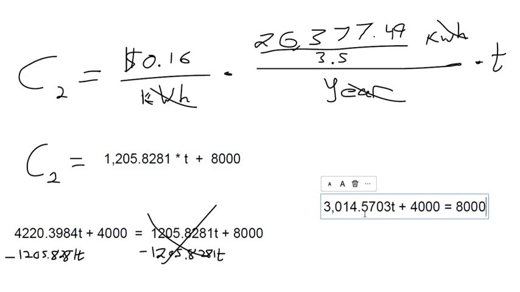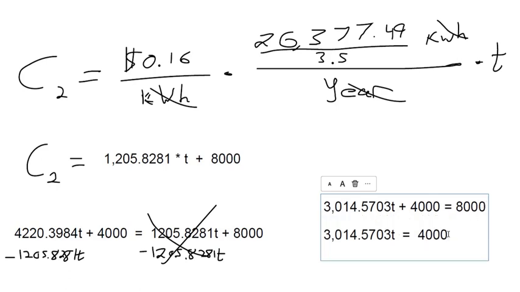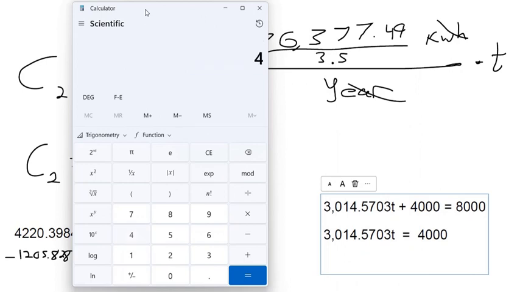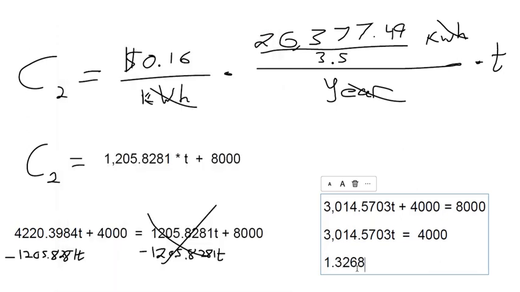And then we're trying to get t by itself. So we've got the plus 4,000 we want to get rid of. So we want to subtract 4,000 from both sides. When you do that, you're going to get 4,000 on the right side. And then the final step to get t by itself is that 3,014 is multiplying t. So we want to do the opposite. We want to divide both sides by 3,014. So take that 4,000, divide by 3,014, and I got 1.326. So it looks like within a little over a year,